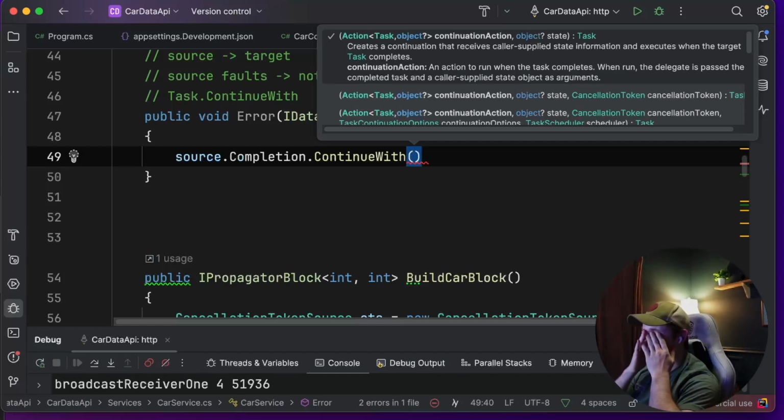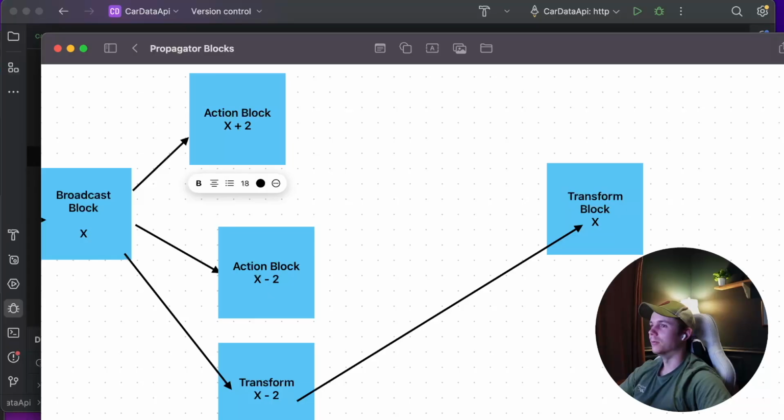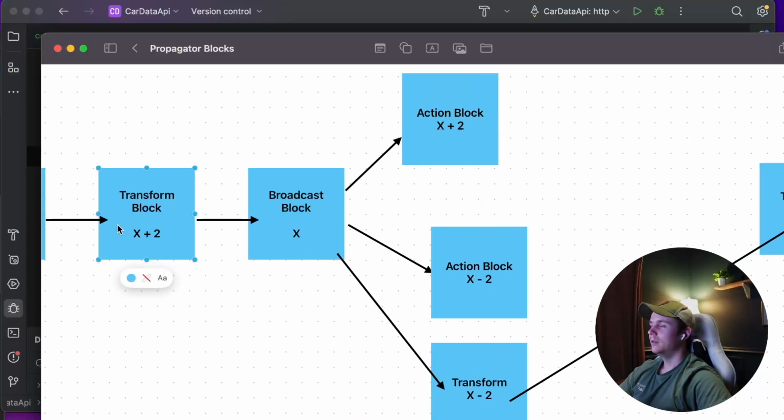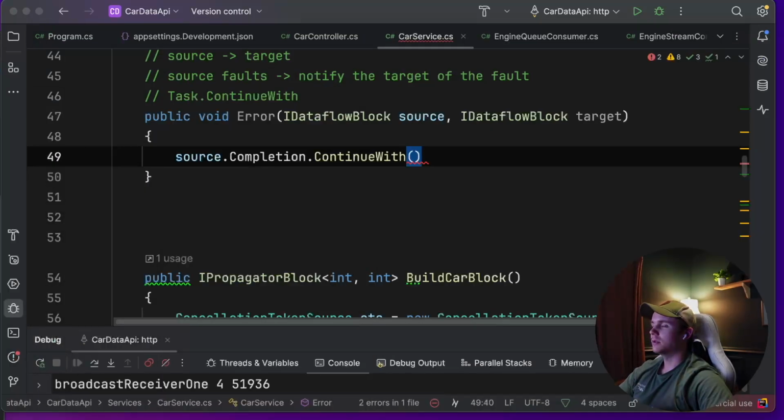what we have to wire up. This is such a long video, but what we have to wire up is basically if block A, this block here, transform block, if that completes, and if it errors or if it faults, we got to say, hey, the next block, we got to tell them that it faulted. And let's look at how to do that. So let me